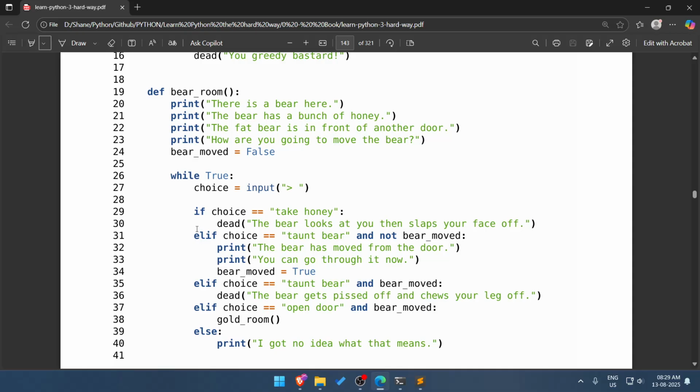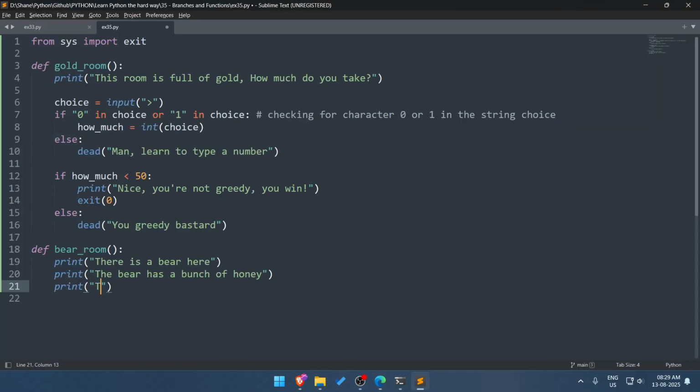We have print "The fat bear is in front of another door."